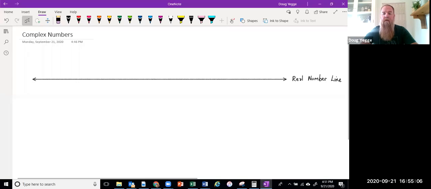But over time, the numbers 0, negative numbers, fractions, decimals, square roots, pi, all of these numbers became important over history. But now there's a new type of number that was not looked upon as something important probably until about the 16th century, when we finally started to say, you know what, let's start looking at these numbers. And these numbers are referred to as the complex numbers. Let's start with this real number line.